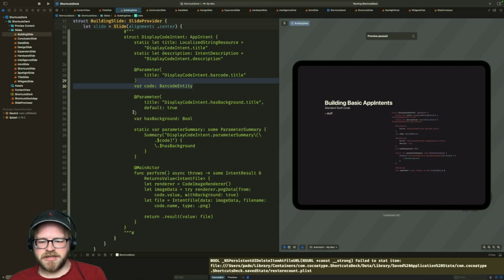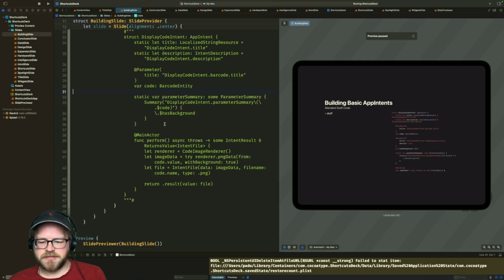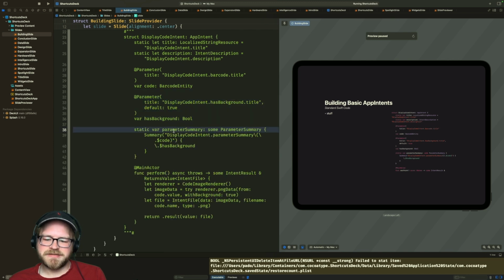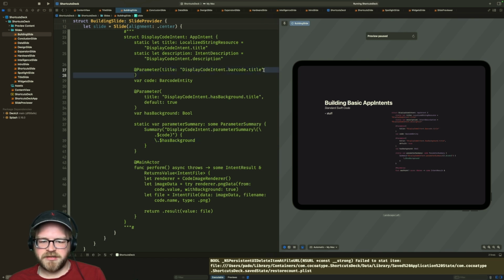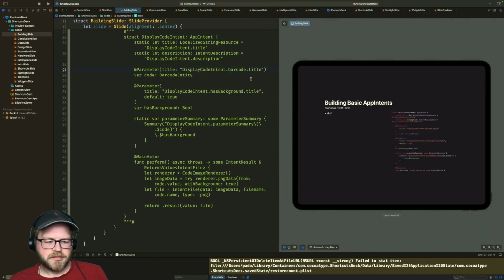we can drop the entire has background. Nobody actually cares about that. Especially since I hard coded it to true down here anyway. Whoops. That's kind of important to show these optional parameters though. Dang it. Can I just make some of these smaller? Is this going to work if I make them new lines?